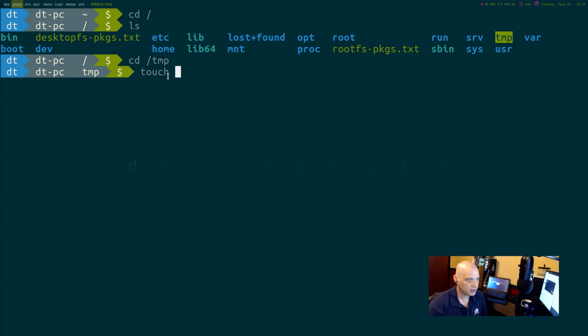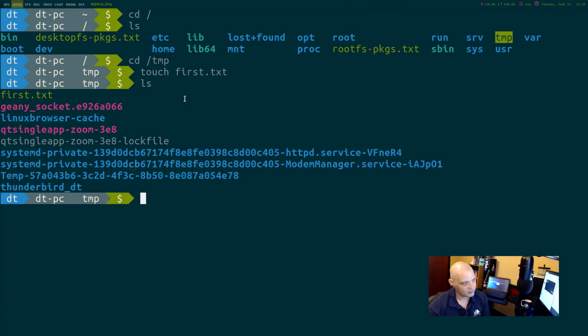And this will be easy. Touch space. And let's create a text file. We'll call it first.txt for text. Alright. Now, is that file there? Well, how would you figure out if that file actually was created? ls. And in this temp folder, now there's quite a bit of stuff. So it might have been better to do this in my desktop folder because I had less stuff there, but this is fine. First.txt, though, is here.